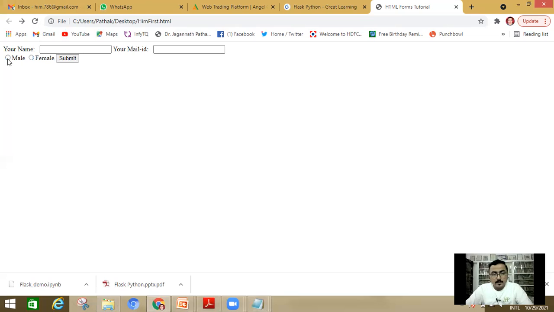Now I click male and then click female. Both are selected at once. Why? Because the naming of these two values is different. So HTML treated these two radio buttons differently or individually. That's why you are able to select each of them.